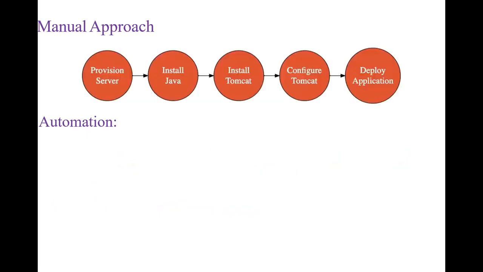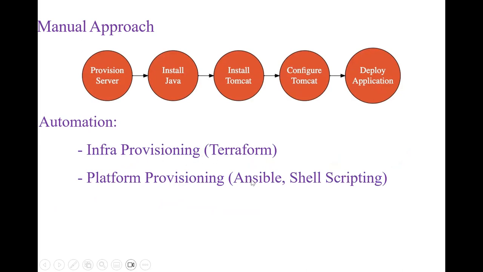So manual approach, this is a monolithic based application, monolithic. So this manual, you need to automate it. That is Terraform, Ansible, scripting, shell scripting. These are all mainly helping about it to provision the servers and to set up the platform and deploying finally application. This is one kind of an environment, a monolithic based application.